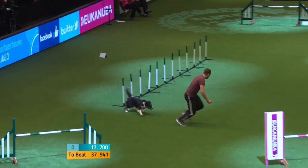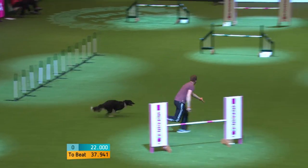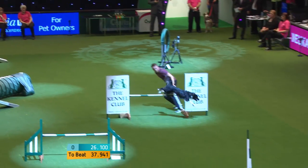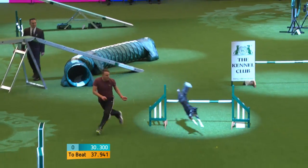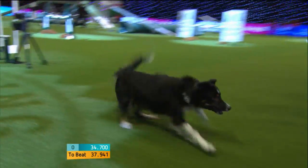Good turns, good balance, and now through the weave. Look at that, beautiful. Absolutely fantastic, and it's not just about out and out speed. Look how tight these turns are. No time wasted on the dog walk as he comes down now into the tunnel with just a couple more to go. The handler can be no slouch either. He's got to give the guidance, and now the turn towards the long jump. Look at the time,